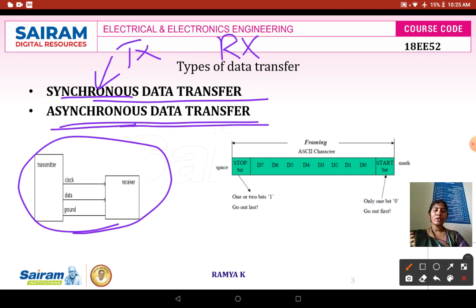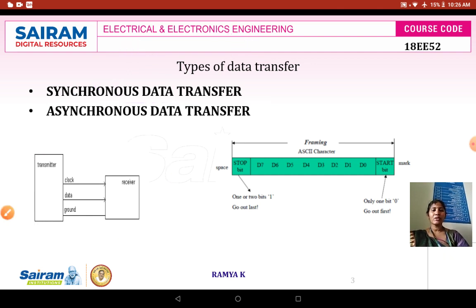When you are transferring data, framing is one of the important factors. It has an impact while transmitting data. So it has one start bit and stop bit that we will be discussing in detail. The next one is synchronous. Next we'll describe in depth what is meant by synchronous data transfer and what is meant by asynchronous